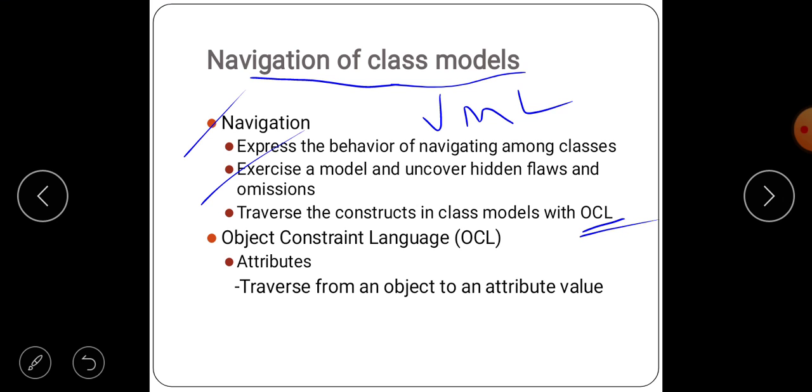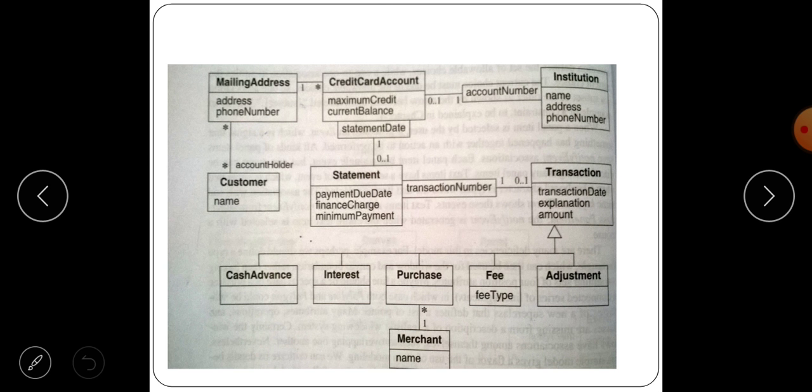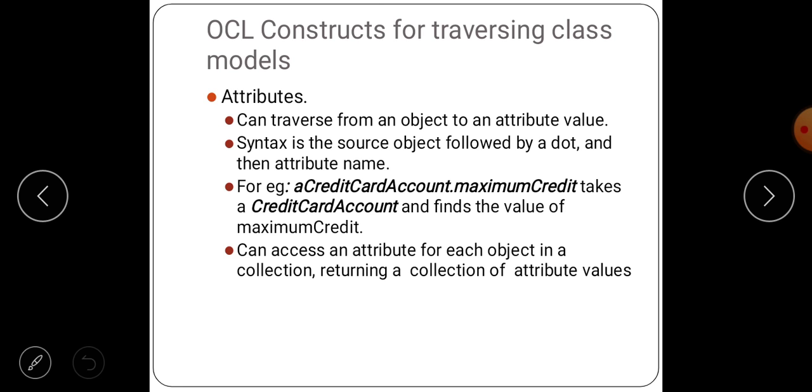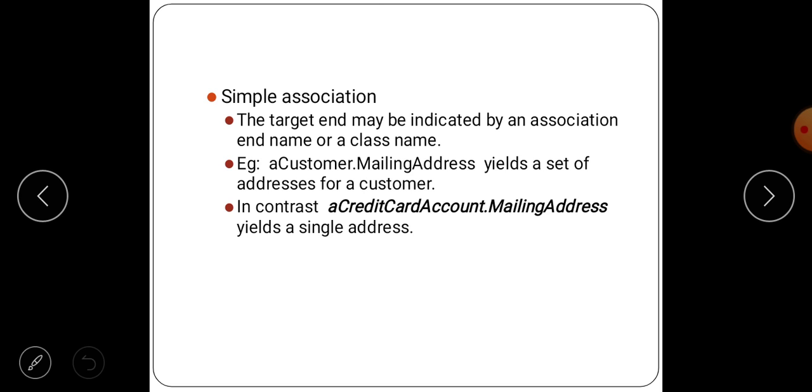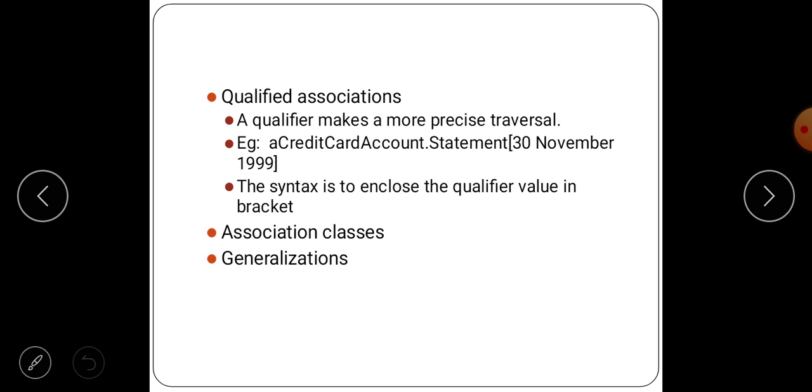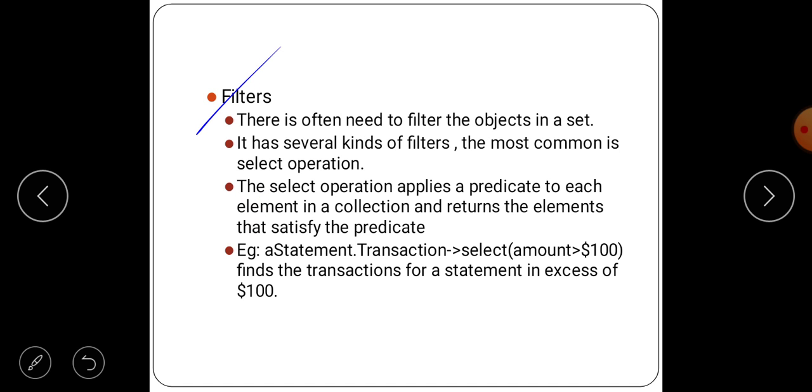It contains features like attributes, operations, simple association, qualified association, association classes, generalization, and filters. These come under OCL.